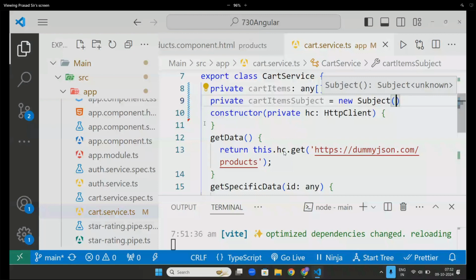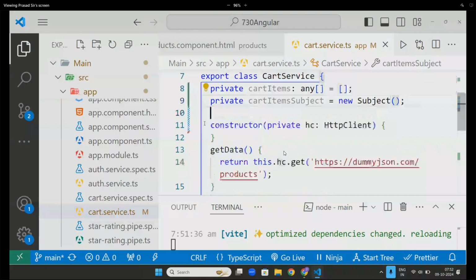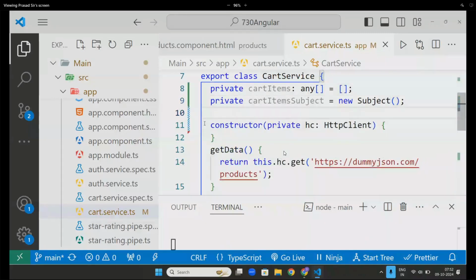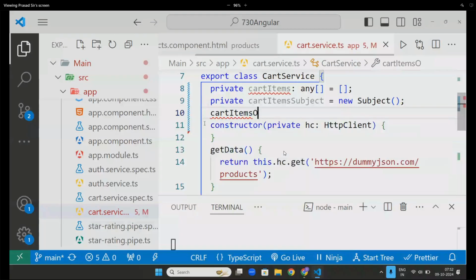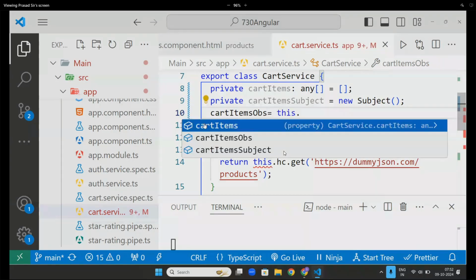But subjects cannot be accessed directly. Subjects will work as an observable also, so I am converting my subject into an observable. Cart items OBS, meaning observable: this.cartSubject.asObservable().